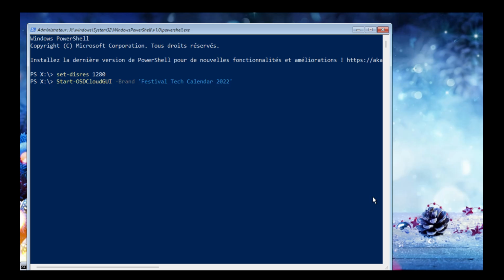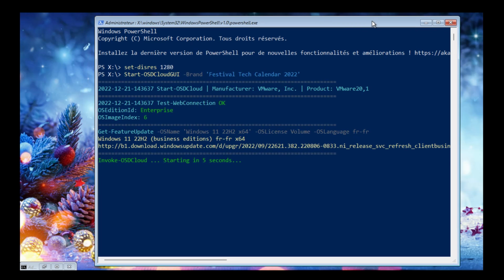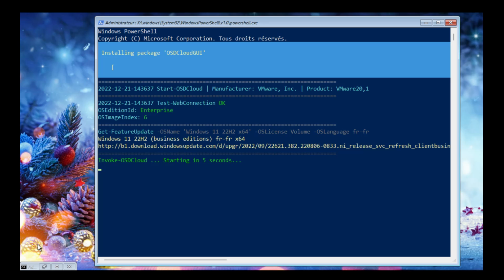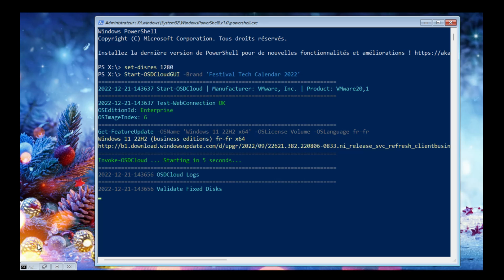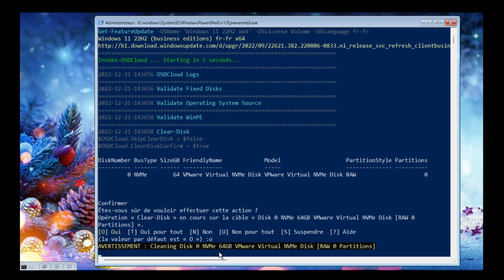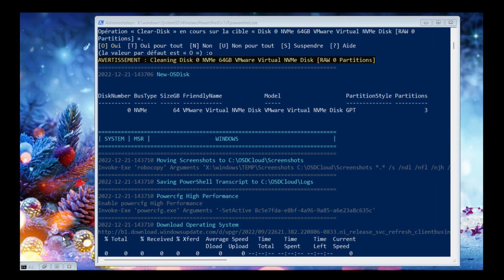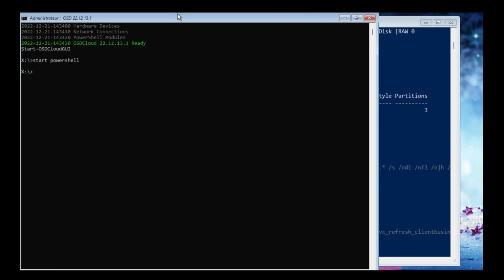When I click on Start here, the GUI is closed, and now the OSD Cloud CLI is running. It is the same part. I need to start OSD Cloud. I don't remove the flag to have no question to clear the disk. And here, the download. We can see the download is from Windows